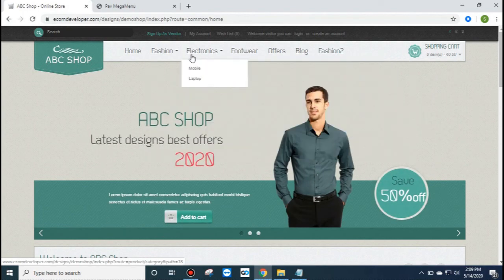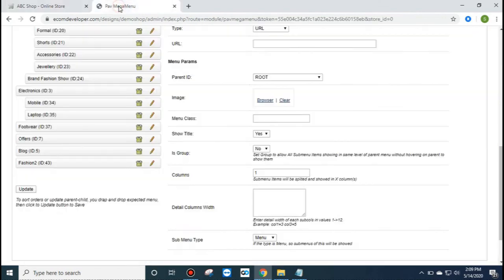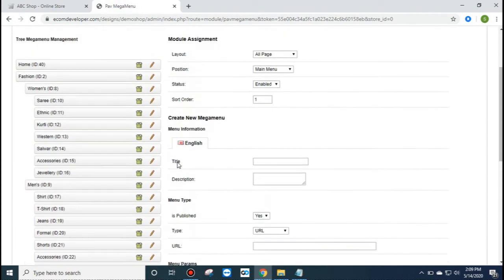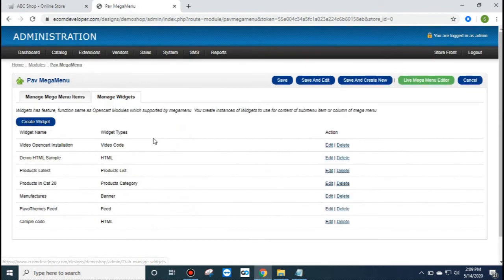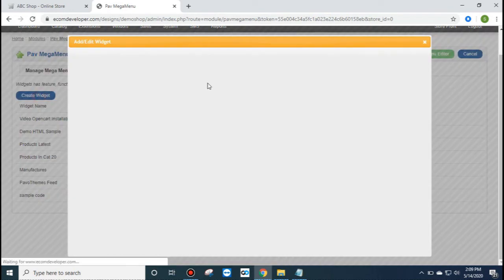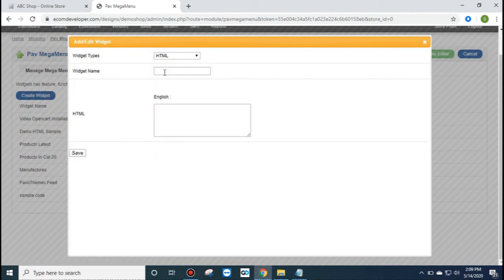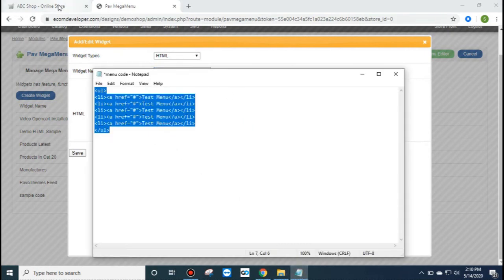Now we will put a drop down menu like this, but in a different way, with the help of widget. So go back, create a menu, create a widget, name it like fashion 2, and we will modify this code and we will put it here.